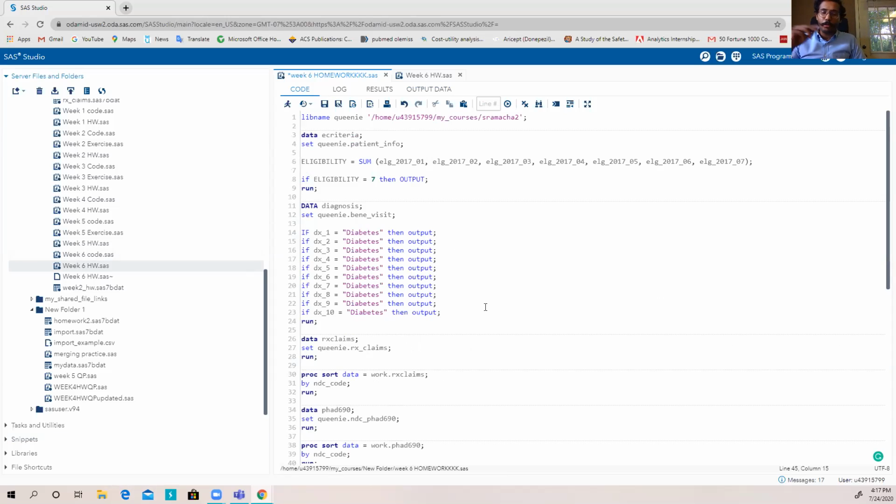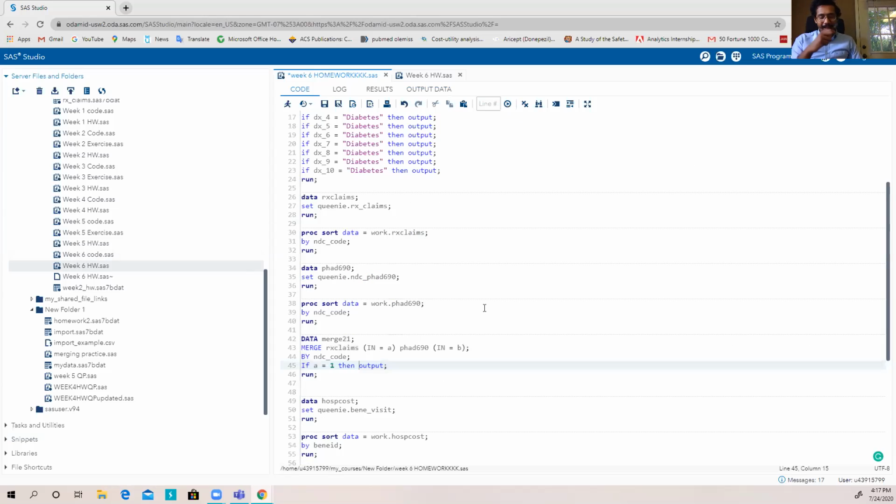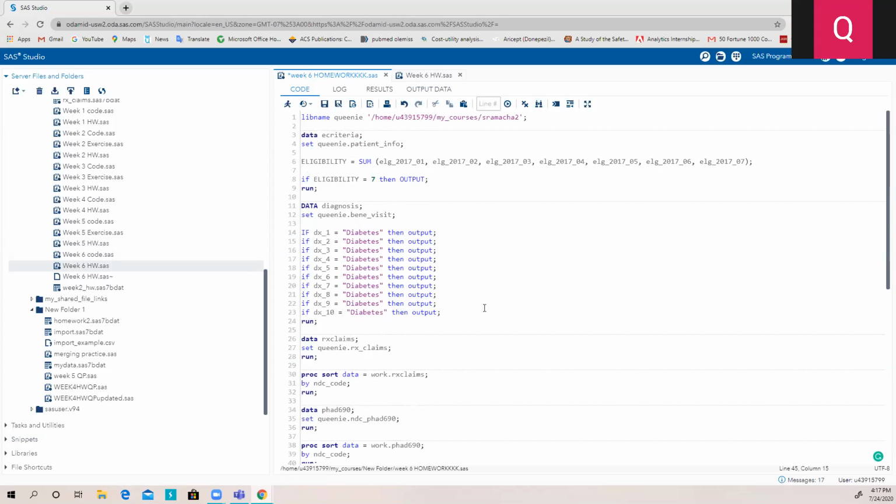So if you try to do the merge before calculating total cost, you will have a different number of rows for beneficiary one in one data set versus another data set. And if you do a merge like that, you will always end up with mistakes, errors that you sometimes don't easily identify. Instead, if you manage to set up the data sets such that there is only one row for each individual, then the merge will be perfect and you are less likely to have errors.